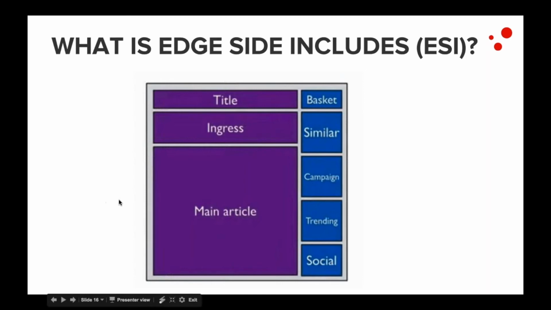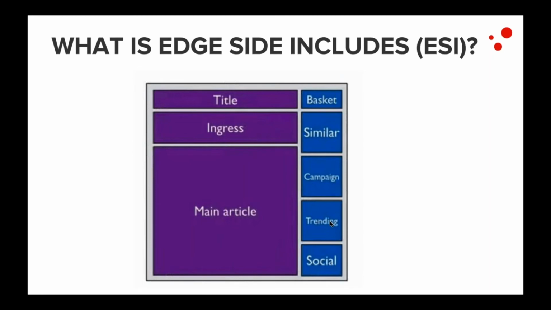With ESI included, instead, you will get several fragments. So if your trending fragment changes, you can simply nuke this little piece over here, and issue a backend request asking for a brand new trending